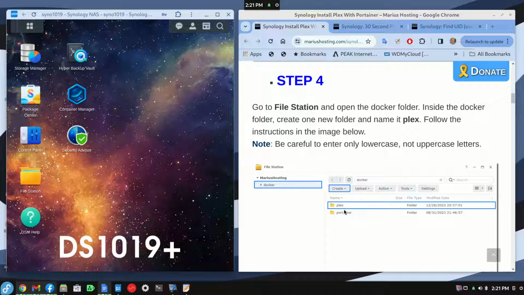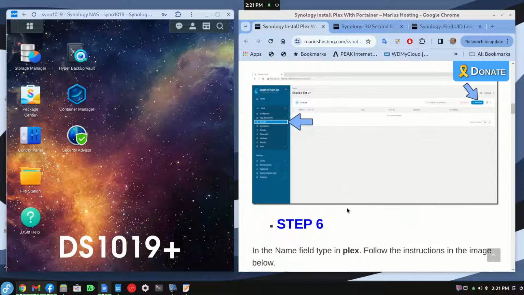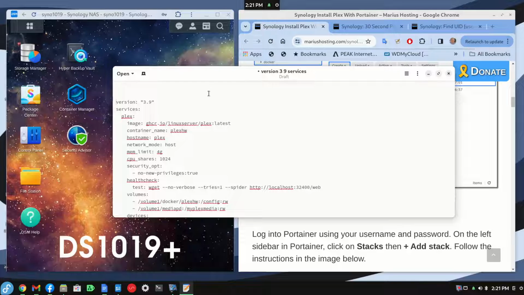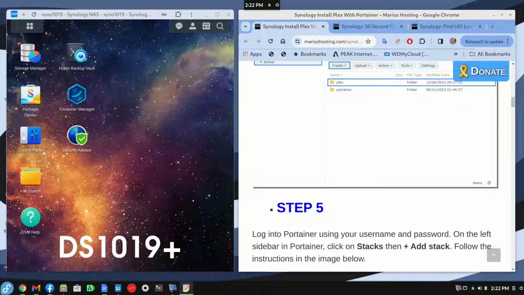So you do need to create a Plex folder, and this can be named anything you want, but I would suggest starting a scratch pad, and I've already got my configuration that I need for the container I'm going to build generally. I'm going to call mine Plex HW,